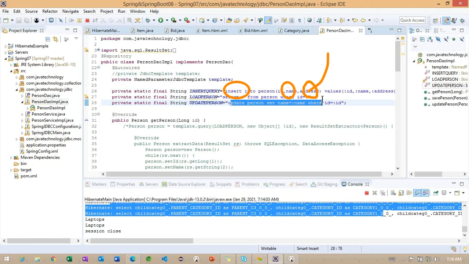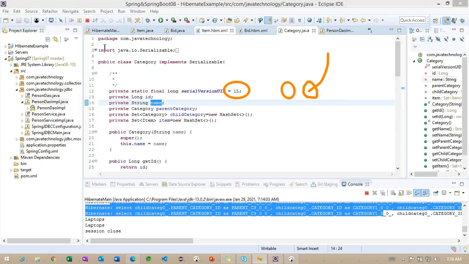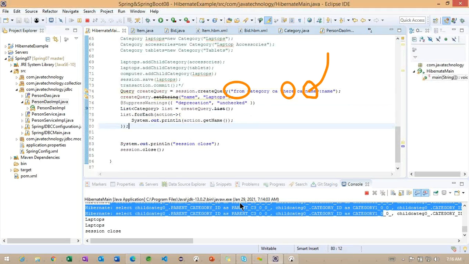These are pointing to the table name as well as column names. But coming back to this example, we are not going to work on the table name. We are going to work on the class name, and we are going to specify the properties of the table. So this is the difference between SQL and HQL.